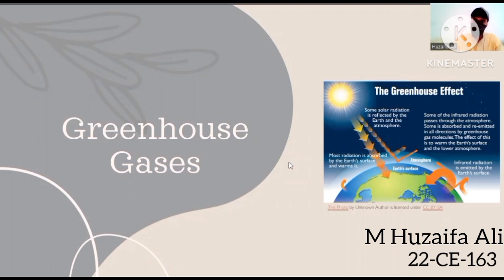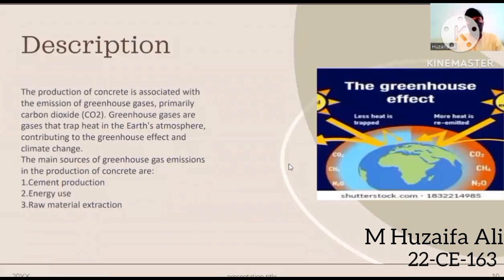The first thing that I am going to talk about is the greenhouse gases. So the production of concrete is associated with the emission of greenhouse gases, primarily carbon dioxide. Greenhouse gases are gases that trap heat in the Earth's atmosphere, contributing to the greenhouse effect and climate change. The main source of greenhouse gas emissions in the production of concrete is cement production. Cement is the most important ingredient in concrete, and its production is responsible for about 70% of the greenhouse gas